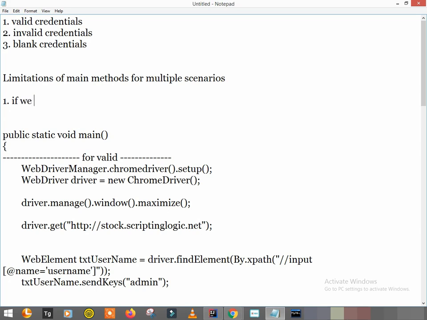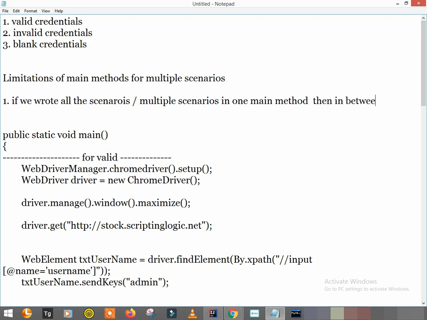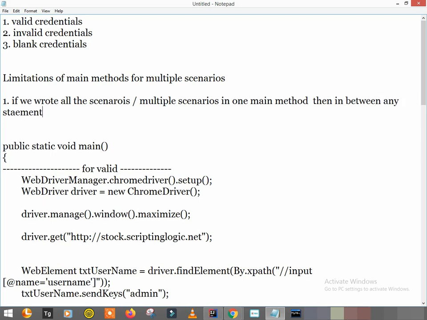If we write all the scenarios, or multiple scenarios, in one main method, then if in between any statement fails or throws an exception, then no further code will execute. Okay, so this is the one.